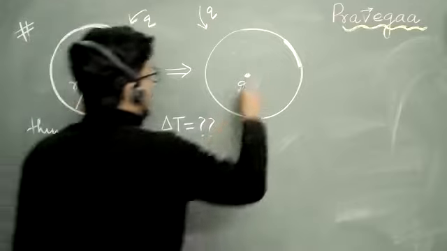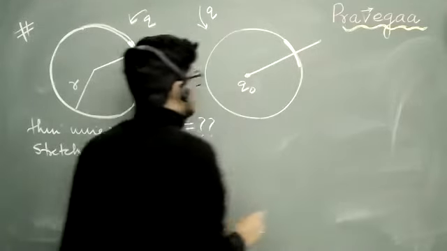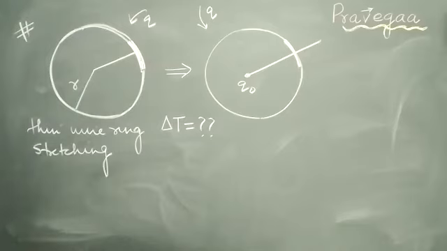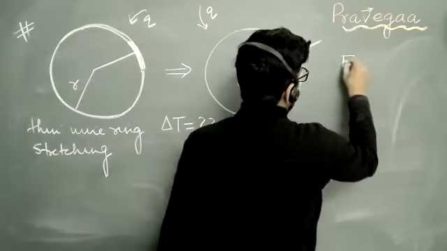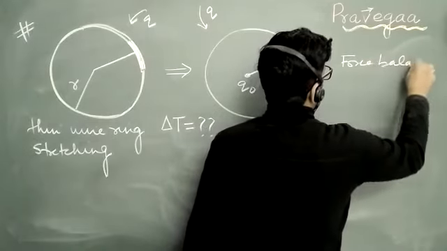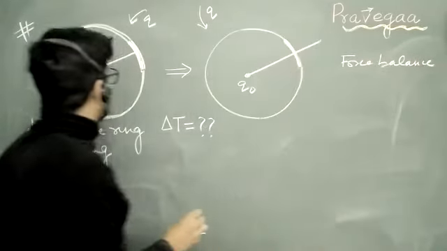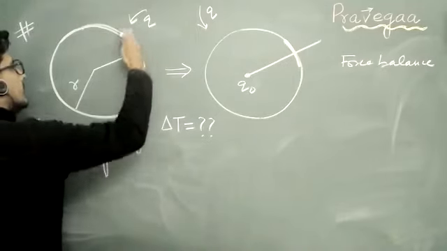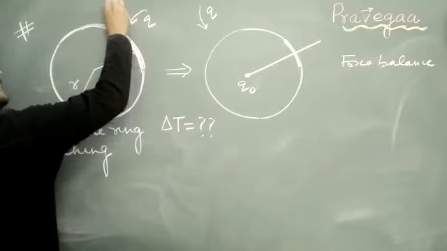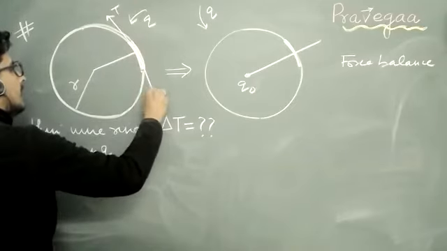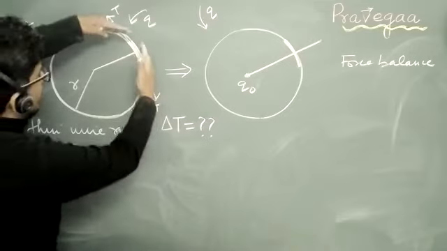So because of this Q naught force, there will be a change in stretching, and we have to write how much that will be. Is that okay? Yes, sir. So I have to write a force balance equation. First of all, just see that because of this curvature, the tension T will be on this side, and a little bit on this side. It will not be in a straight line. Can you see that?